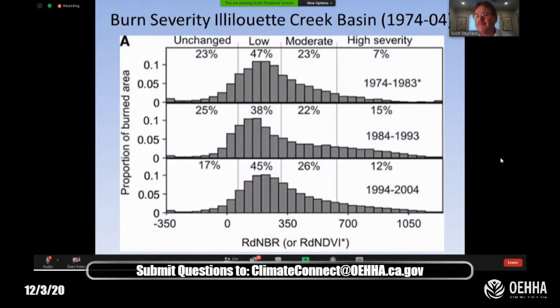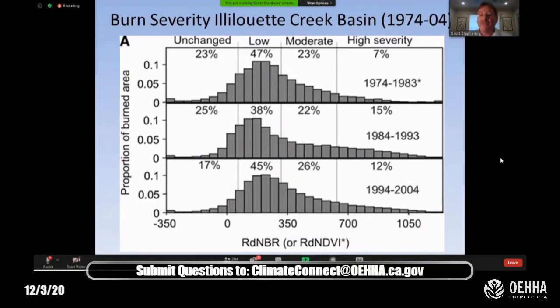What's happened here? From 1974 to 2004, we had data from remotely sensed data, and we calculate a burn severity index from Landsat data. It's been used a great deal in forests because if you top kill a tree with fire, it doesn't resprout, with the conifers we have, so you basically get a dead tree.